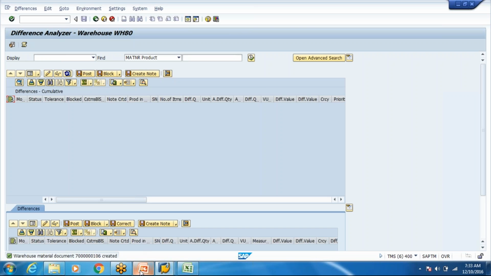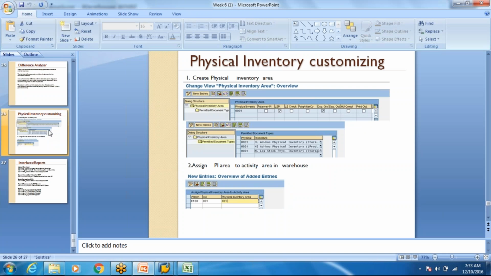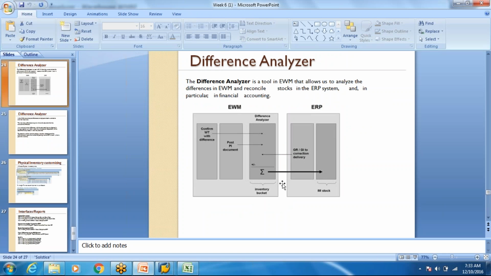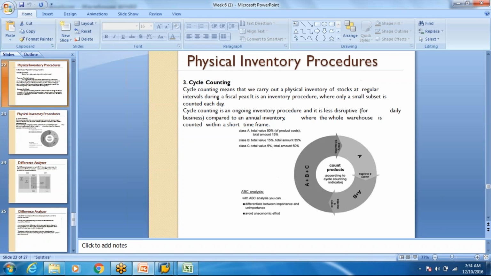So the difference analyzer is basically an accumulation of all your differences before posting to ECC. Because otherwise you would unnecessarily post 5 plus and then again post another document for 5 minus. So any differences that you enter at the time of physical inventory or warehouse tasks, configured as a difference, get corrected here on a cumulative basis using the difference analyzer. Okay, then